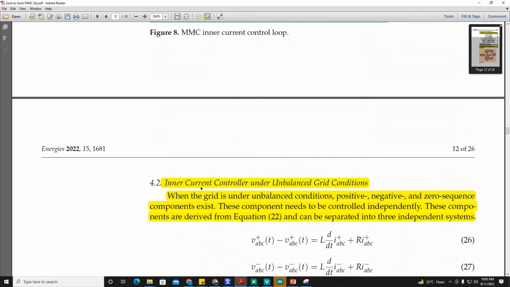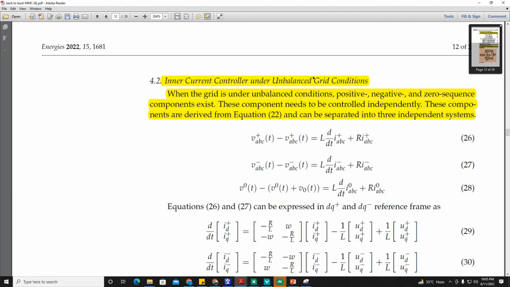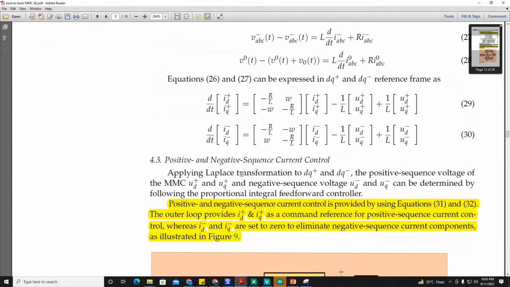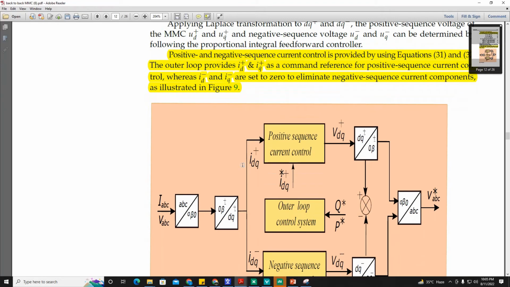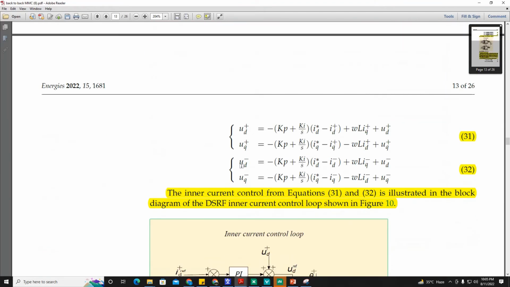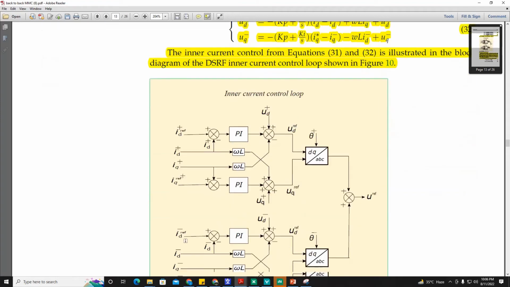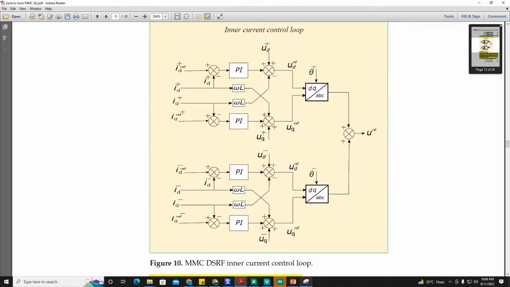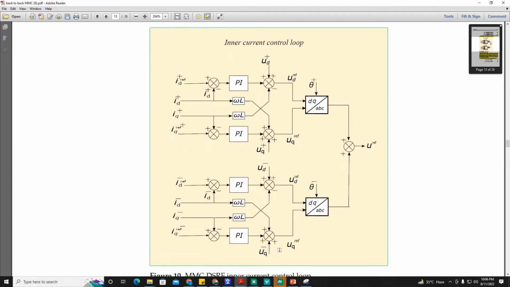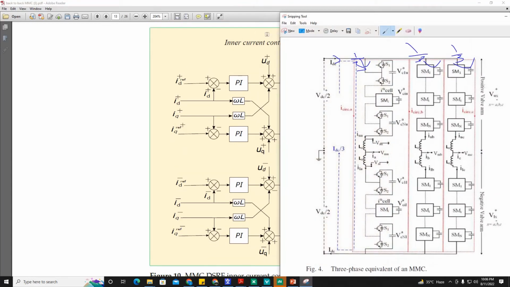So this inner current control will change in case of unbalanced grid condition, and this will be called dual synchronous reference frame. Initially we had only this equation. Initially we had only the positive sequence component, but now we also have the negative sequence component. All right, so this is the dual synchronous reference frame inner current control in case of